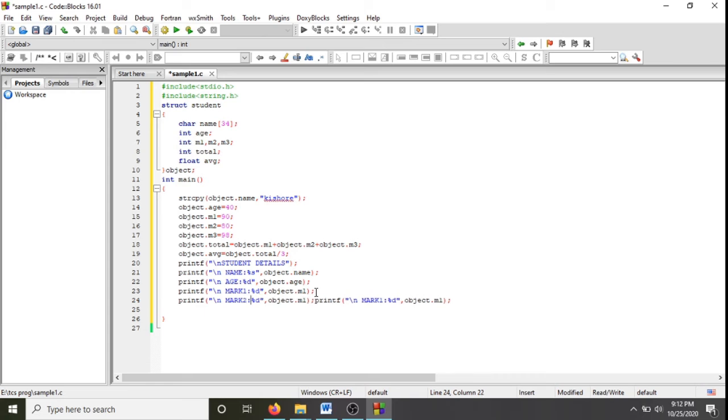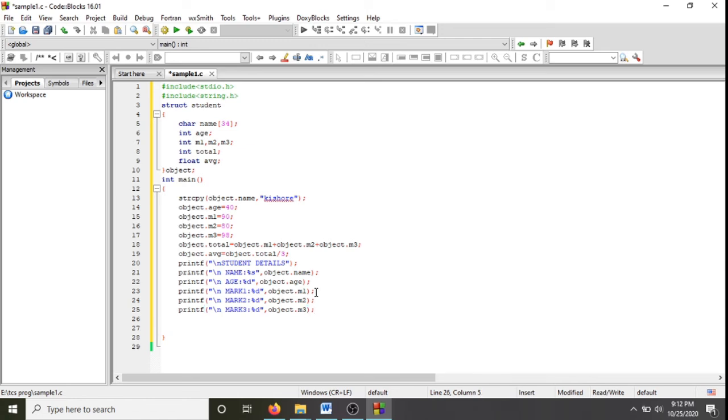Again I have declared mark 2 as integer data type, and the variable of the actual mark 2 is M2. So how to access is object dot M2. And then next is mark 3, which is again the integer data type, the identifier is %d. The actual variable I have given for mark 3 is M3. So how to access is object dot M3.